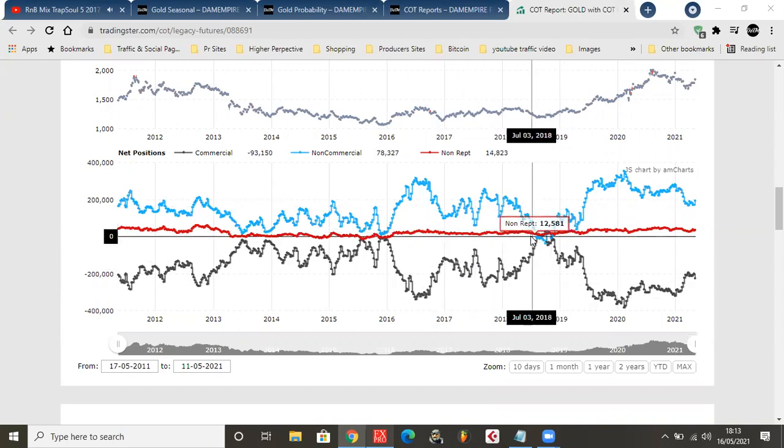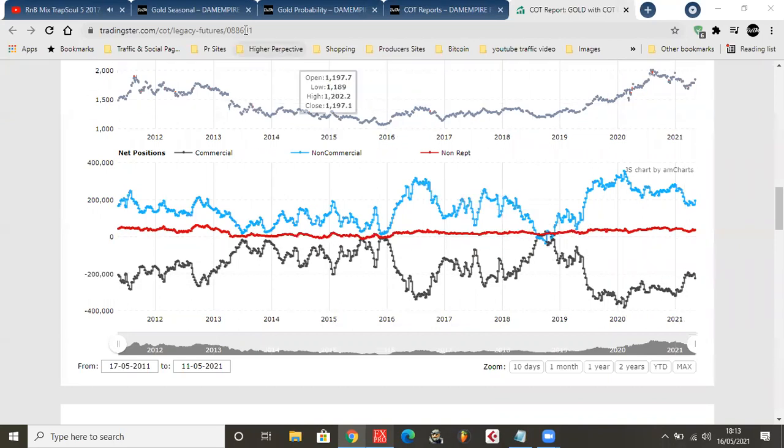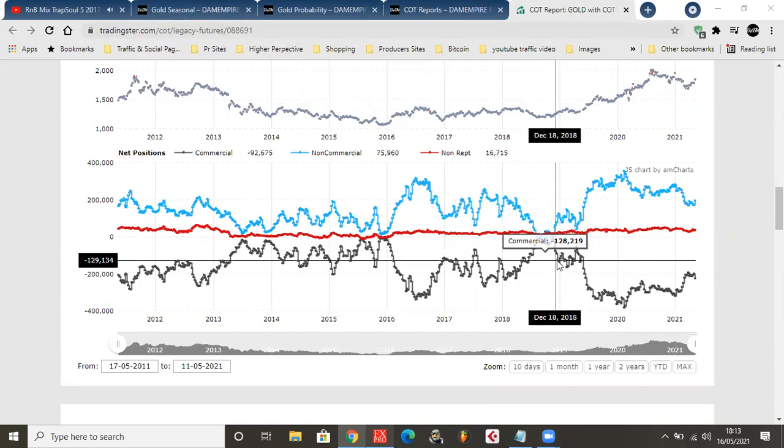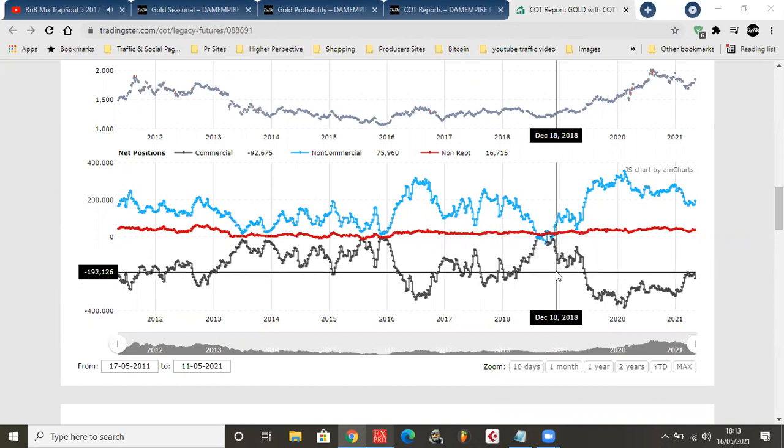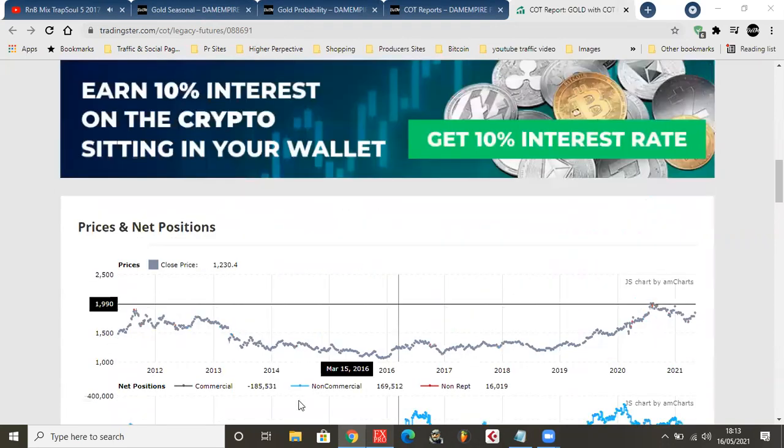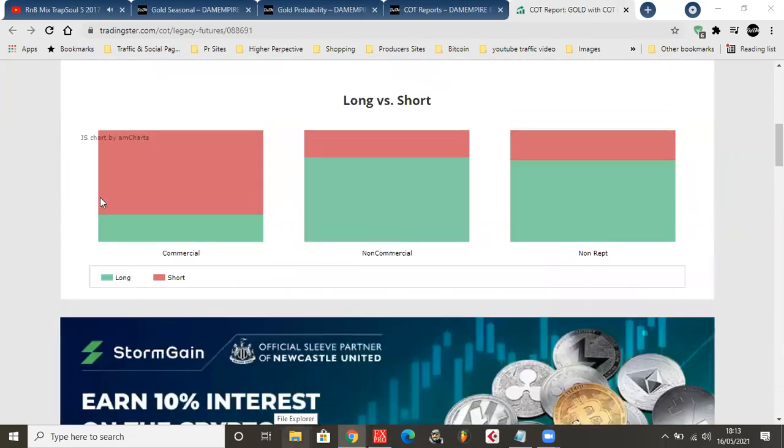So that's why I use it weekly. I mainly use it weekly just to see, okay, what are the small changes that they make? Is the COT, is the seasonality in alignment with that? If the seasonality is in alignment with that, then I take that trade. So, does anybody else have any questions regarding the COT report? If you do, please feel free to ask.